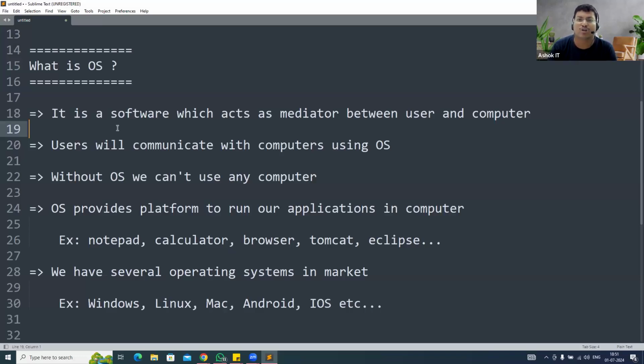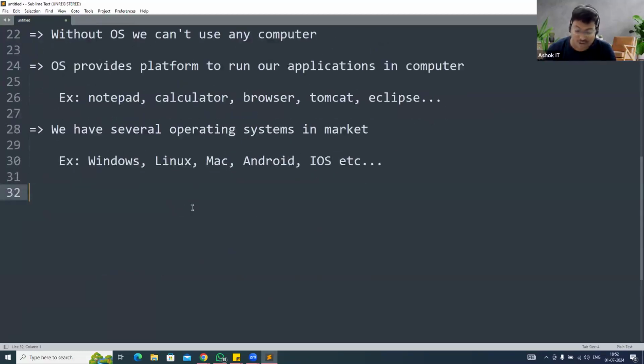Like I want to use a notepad in the computer. Then we should open that notepad, we should type the data. To run that notepad, a platform is required. That platform is provided by the operating system. So in the market, there are several operating systems available, like Windows operating system, Linux operating system, Mac operating system, Android and iOS. So let's talk about